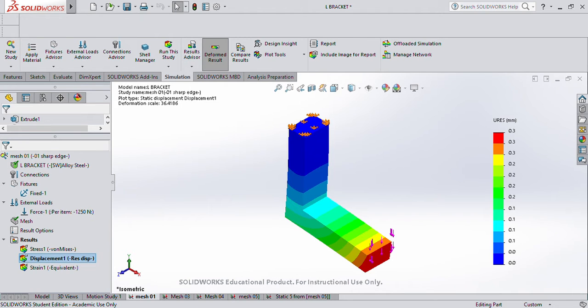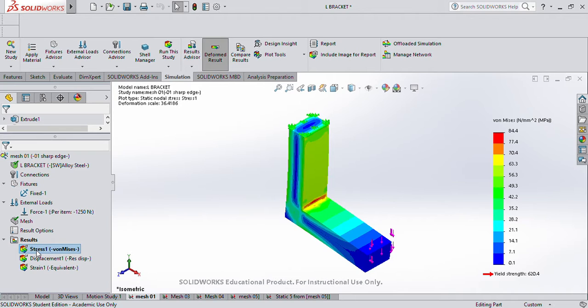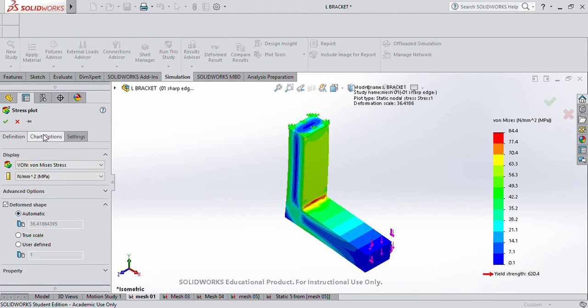Okay, we're gonna do stress analysis. Okay, this is mesh 1, mesh 2, mesh 3, mesh 4, mesh 5, and the last one is copy from mesh 5. Okay, if we look at the result for stress, double click on stress, right click, edit definition, chart